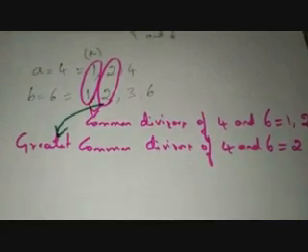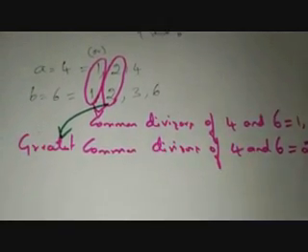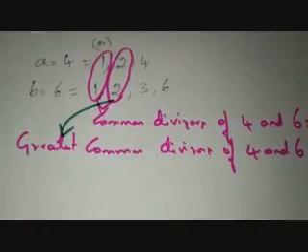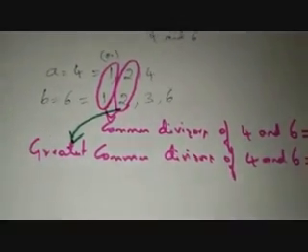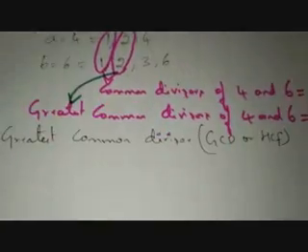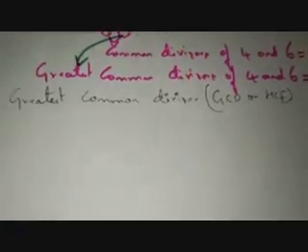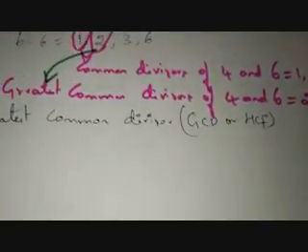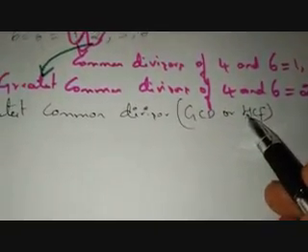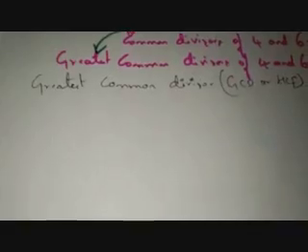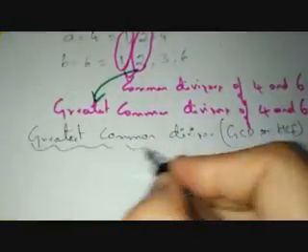So I have finished with the common divisor. Now let us see the actual definition of the greatest common divisor. First let us learn that. The greatest common divisor, in short form, we call GCD or HCF. HCF is nothing but the highest common factor. This is another way of saying greatest common divisor. So let us see the definition here.